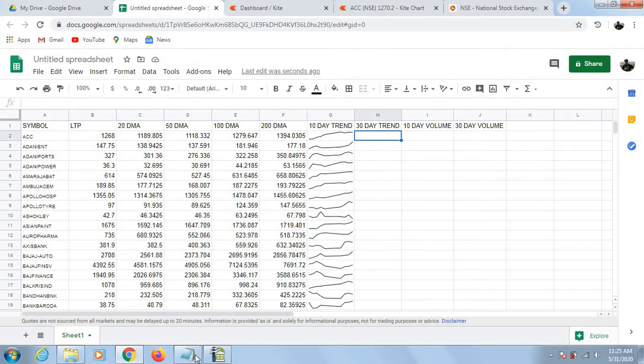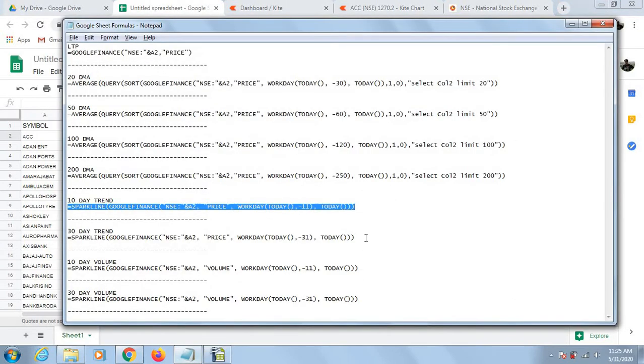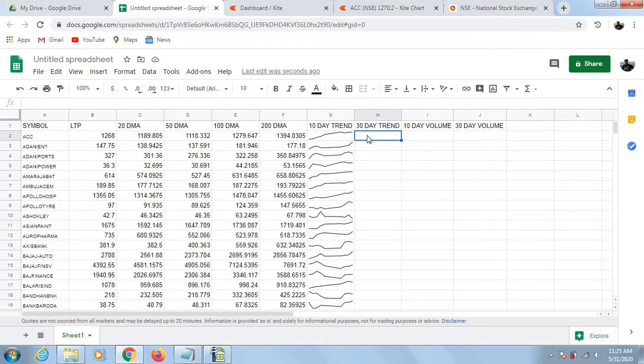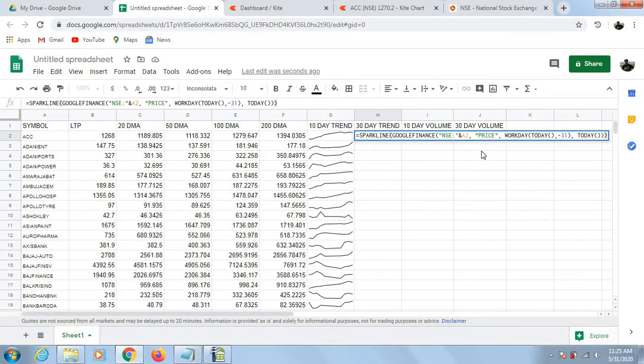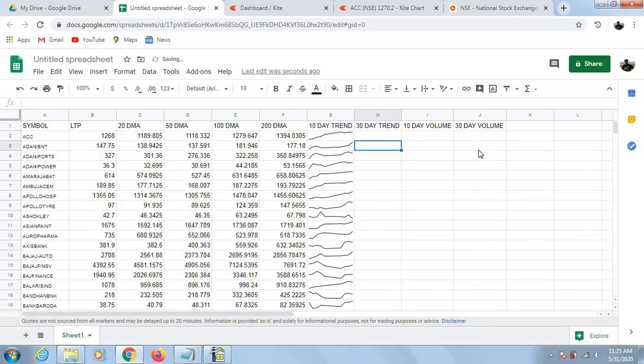Similarly, for the 30-day trend, in the formula I'm just replacing 11 with 31. And then clicking on it and applying the same for others.